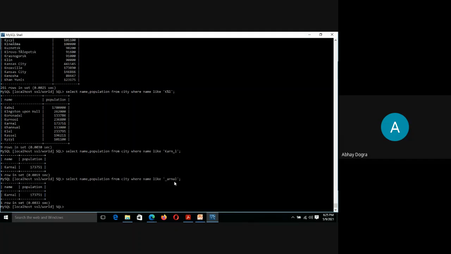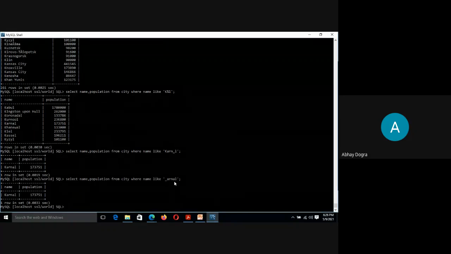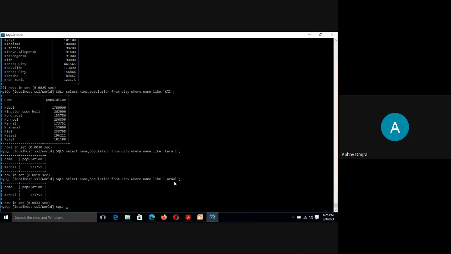So these are wildcard characters. Now let's move on to some of the mathematical functions that are available in MySQL. ये बहुत होगा कि आपको कई बार ऐसे situations आती हैं कि you need to fetch a record that has the highest value, right? You want to find a record that has the lowest value. Then you need to find the average of some values. You need to fetch records where you want to find the total of some values, right?